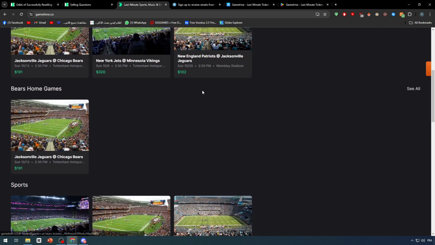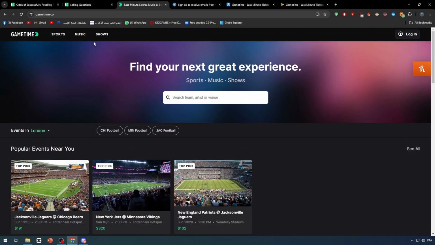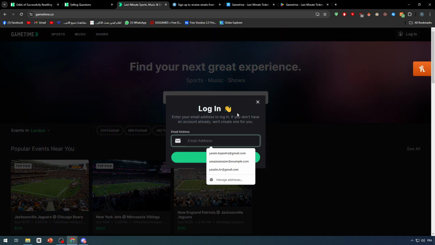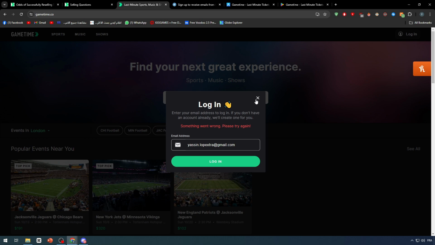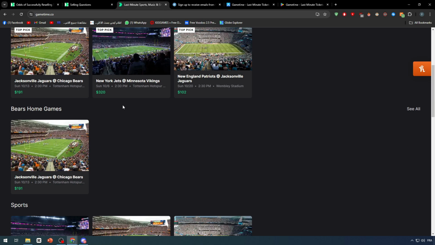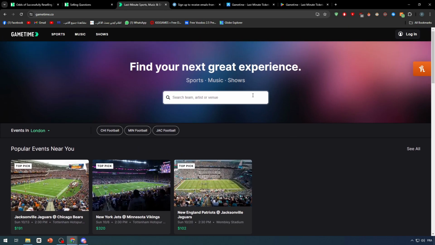But yeah, so for you to sell your tickets in here, first of all you have to log into your account. In case you had an account, that's perfect. In case you didn't, well, it's pretty much impossible to create one at the moment, since their servers or the PHP code is pretty much off. So here what you will need to do is, once you have created your account, you will go to